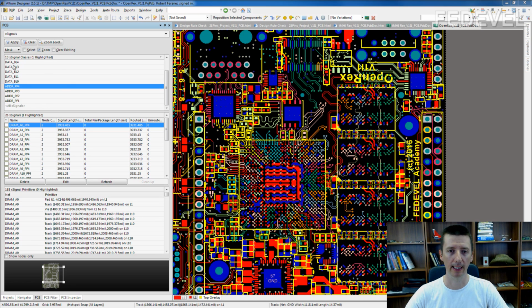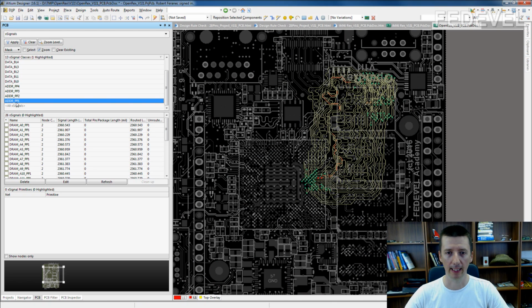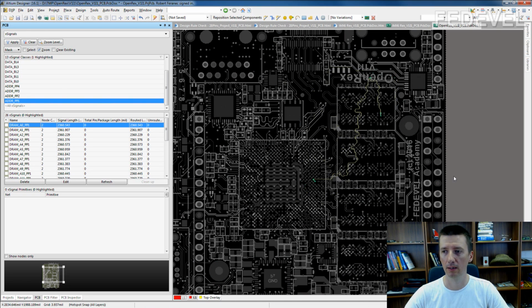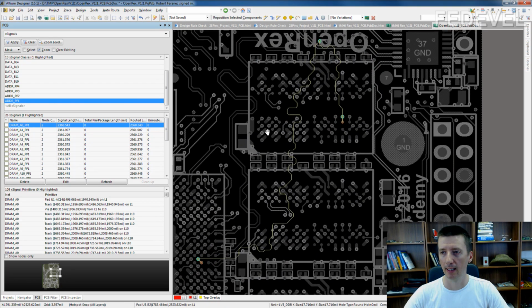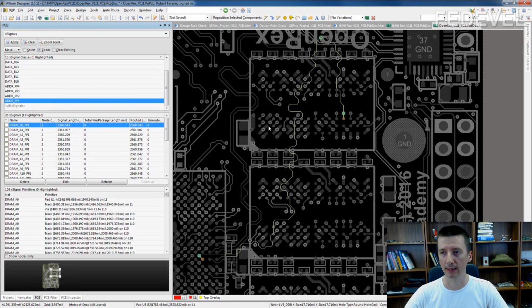Here are all the xSignal classes. If I click on this first one and I select, for example, the A0 xSignal, you will see that Altium automatically selects only the part of the A0 signal which is connected between the processor and the first memory chip. And it not only recognizes this part of the track, it also measures the distance between the processor and the first memory chip. It's here,